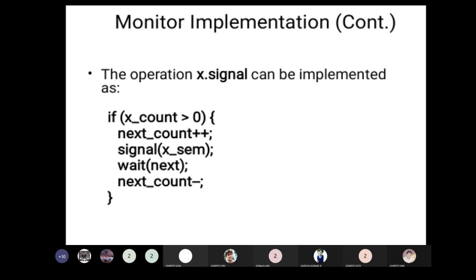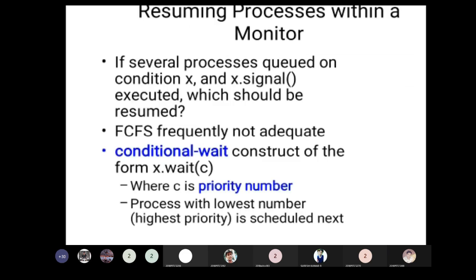If x underscore count is greater than 0, the count is incremented and it will signal the process to enter the monitor. Then the other process will be kept waiting, and the count will be decremented. When resuming a process within a monitor, if several processes are queued on condition x, the next dot signal should be executed to decide which should be resumed.